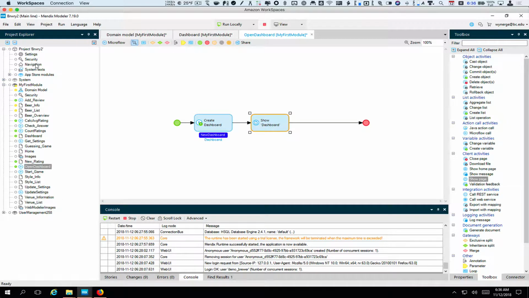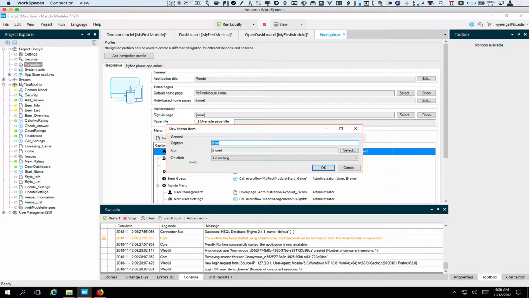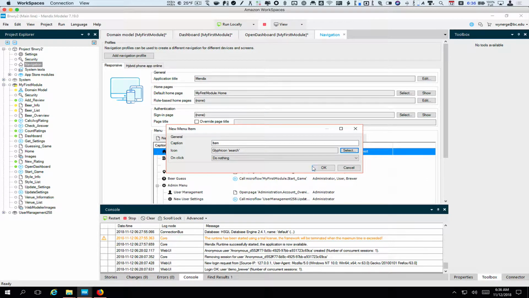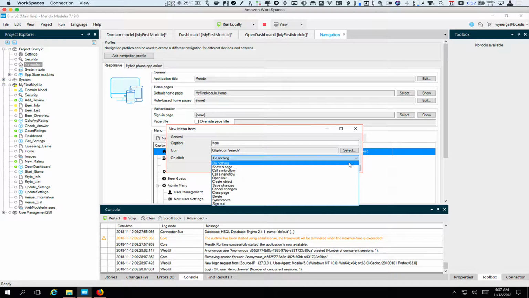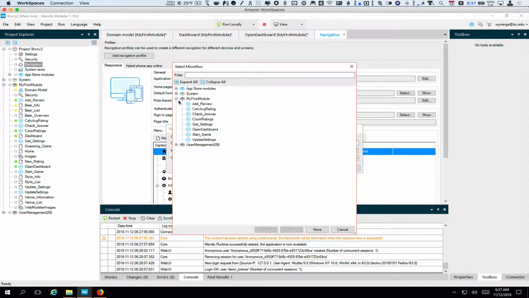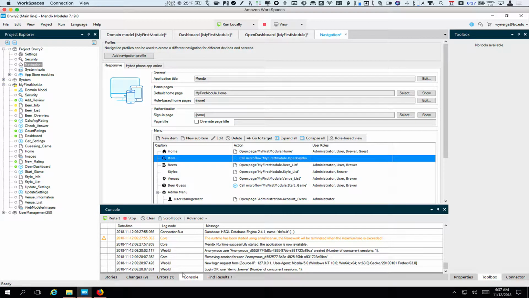So now we can go to navigation, and we're going to add, we could actually put this on the home page, but I'll add a new item right after home. The icon, I'll just put the magnifying glass, and this is going to call a microflow. Notice right now that we don't have any errors, and just watch what happens. When I pick the microflow and I call Open Dashboard and I click OK, we now get an error, and